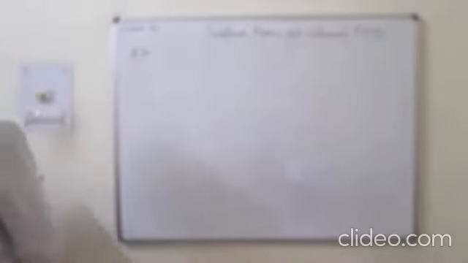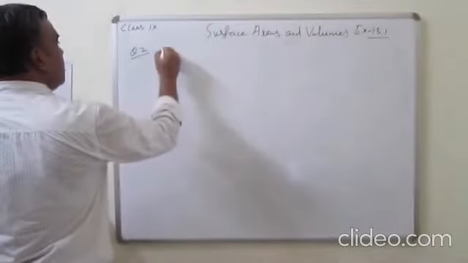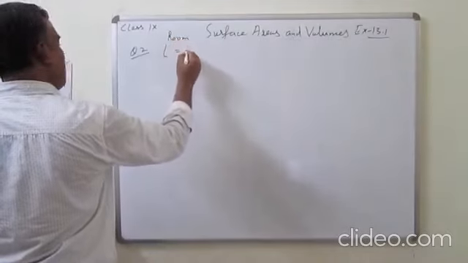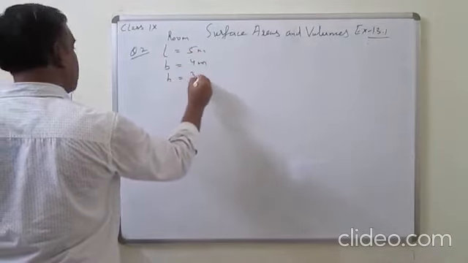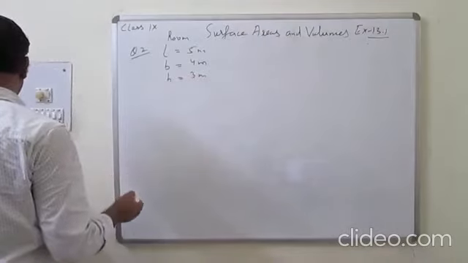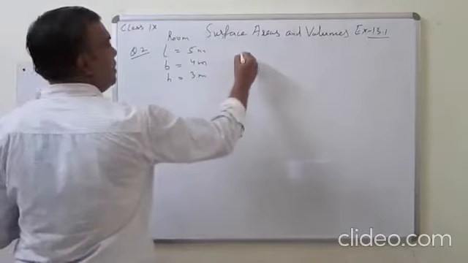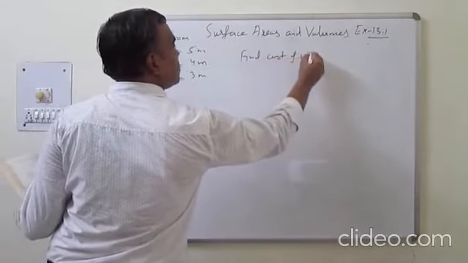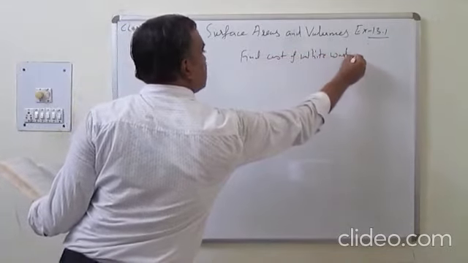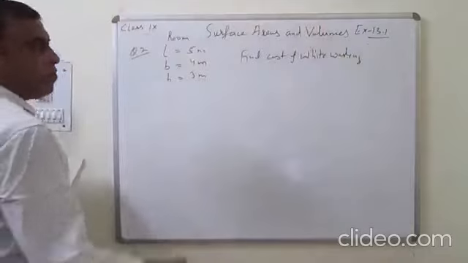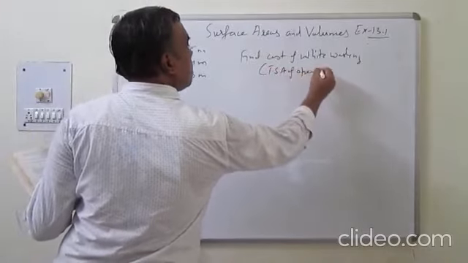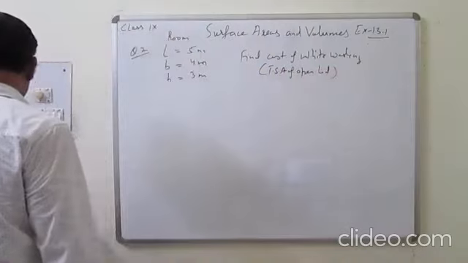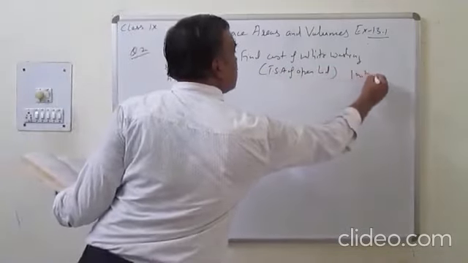Question number 2. The length, breadth and height of a room are given to you: length 5 meter, breadth 4 meter, height 3 meter. Find the cost of whitewashing the walls and the ceiling of the room. Whitewashing is not done on the floor, the floor is open, so TSA of open lid formula will be used. The cost is given at the rate of rupees